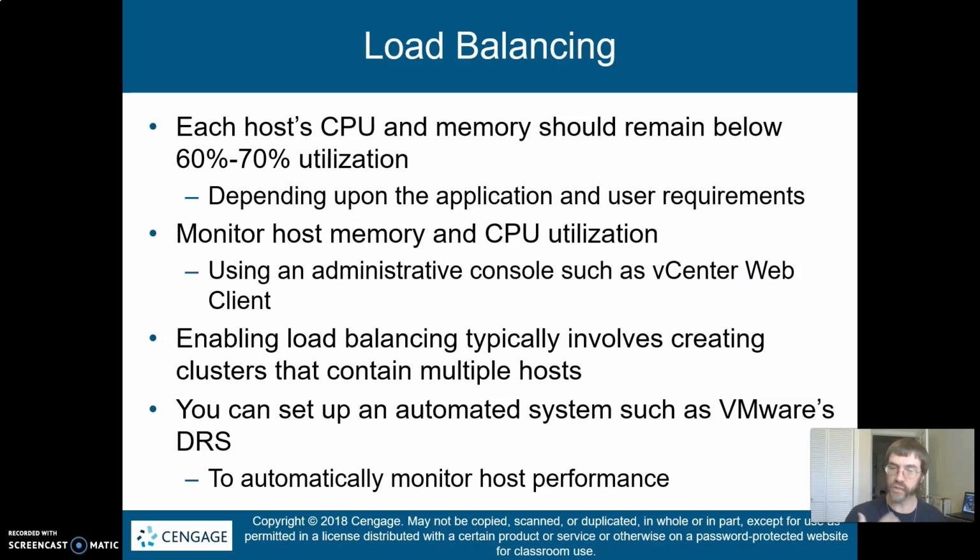Now, this is another reason we need vCenter, because we're dealing with clusters of hosts in data centers, and vMotion. All of this load balancing stuff is not possible